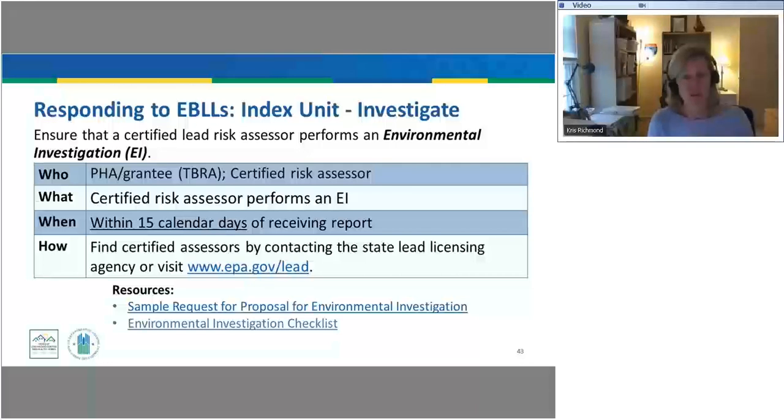We're also going to be trying to figure out other areas that the child might be spending time in, either other dwelling areas or space, such as a child care center. So that's going to also be reviewed. The risk assessor is also, for that environmental investigation, trying to determine other possible sources of exposure of lead. They're going to be doing a first flush test of drinking water. They're going to be testing glazed pottery or tableware that might contain lead glazes